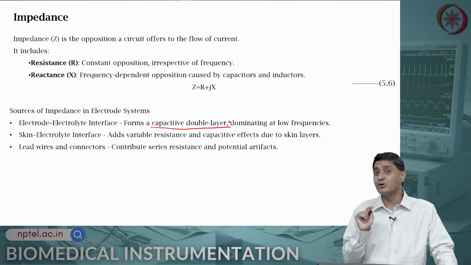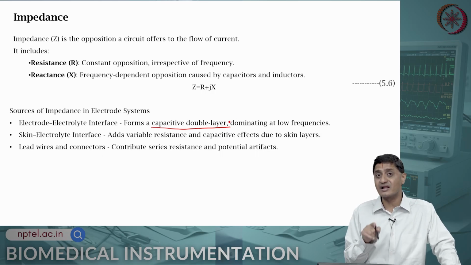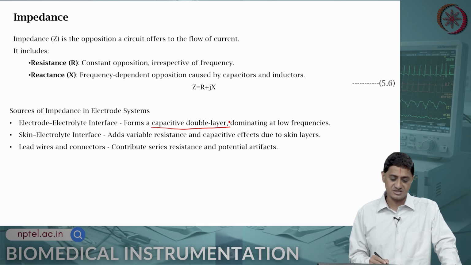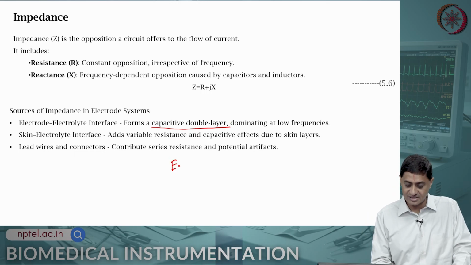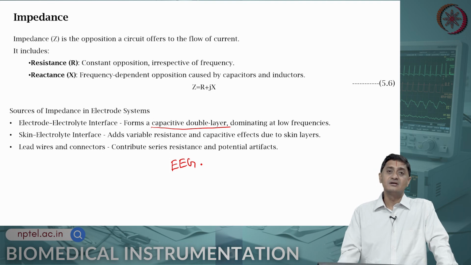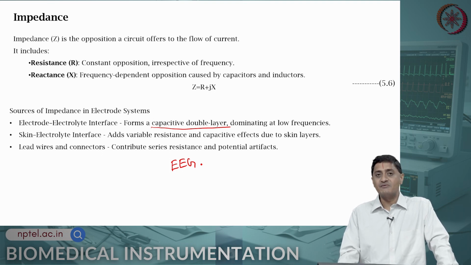And some biopotentials of interest have significant signal frequencies at low frequencies. One example is the electroencephalogram, which has significant signal power below 50 hertz, for example, right. Then